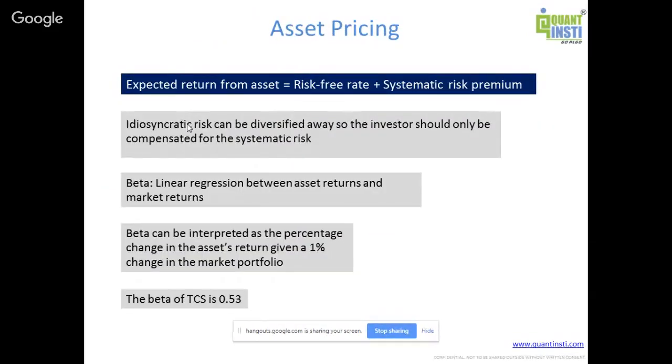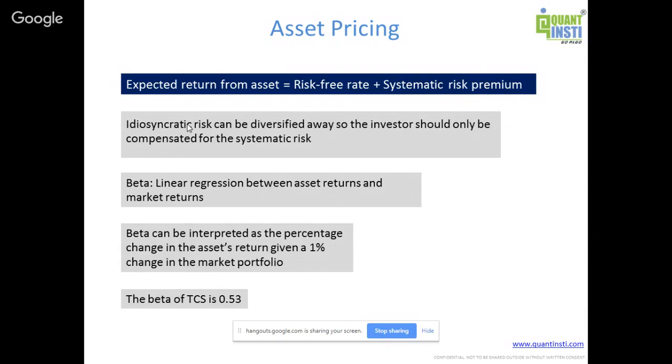Okay, so now understand some risk which can be diversified away and some other risk which cannot be diversified away. There's one very popular asset pricing model, in the sense of what should be the value of the asset I am buying. For example, if I want to invest in TCS, Tata Consultancy Services, how much return do I expect from it after a year? That's what we are trying to do: we are pricing the value of TCS. There is one very popular model called the capital asset pricing model. It simply says